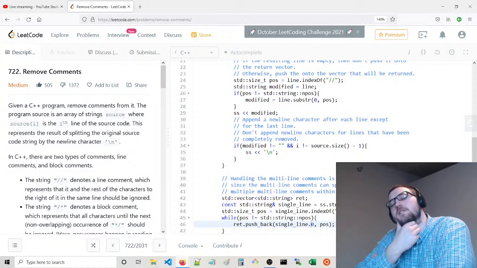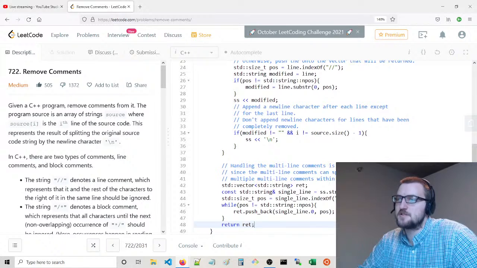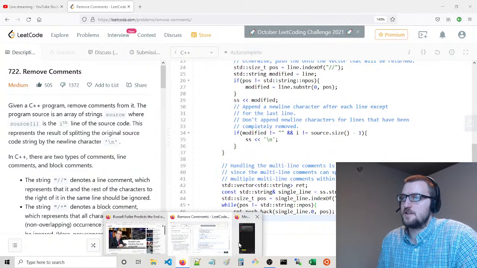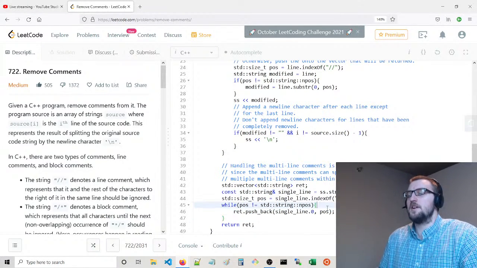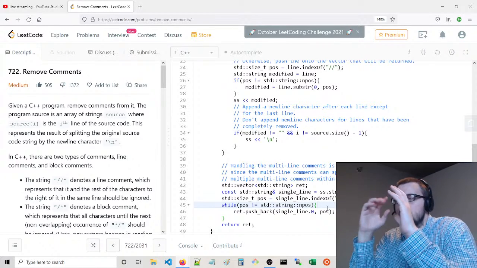Okay, this is actually kind of tricky. So I do want to go character by character. That's the thing, it's more efficient that way. Forgive me, I'm kind of stumbling over myself here.